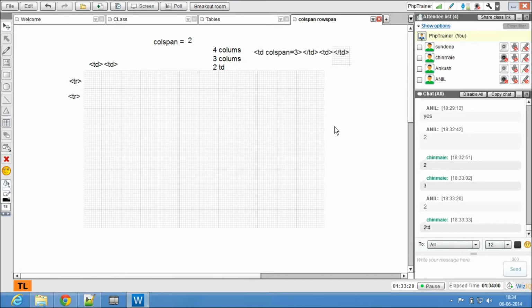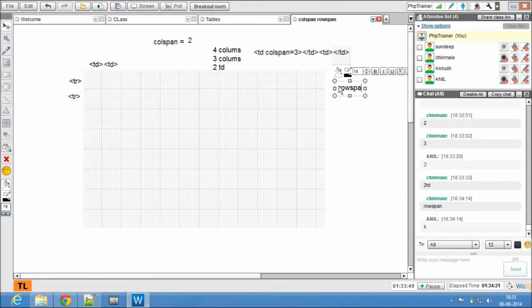Now what if I want to merge columns on 2 different rows? Now this is for the columns on the same row. What if I want to merge these two? Yes, rowspan. Now this is again a test for you guys.